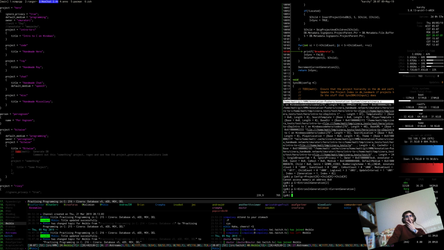So I propose what you do is this. Delete project, you pass the... You can probably just pass a project index straight up. That's simply the generation number and the index of the project. Right. And then what you do is you remove that person. You remove, so